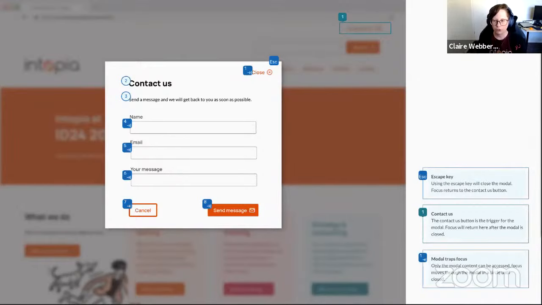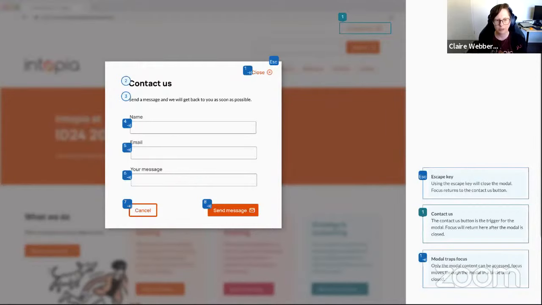Firstly, we've added a note to the original contact us link to show what the trigger is for the modal. We've added a note here to say this button has triggered the modal, and that once the modal is closed, that's where the focus should return back to. So we've thought about where a user will come from and where they will return back to when the modal is closed. We've also thought a little bit about keyboard shortcuts here. We're thinking we really want someone to be able to press escape to close the modal. So we've added a little escape key shortcut at the top of the modal and added some documentation to the side to communicate pressing the escape key will close the modal and where the focus will return back to once that button has been pressed.